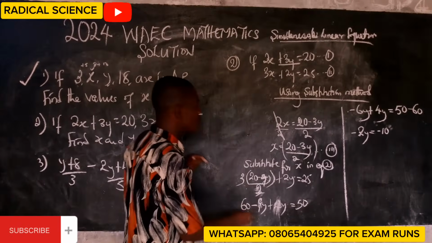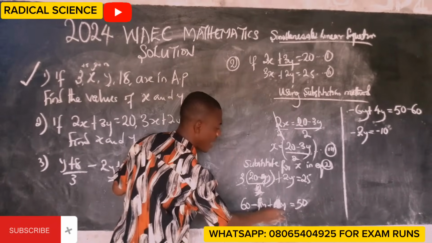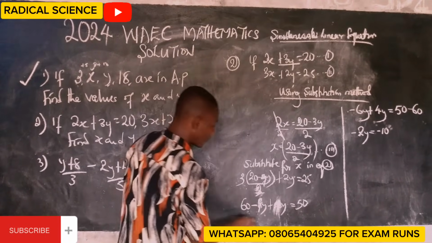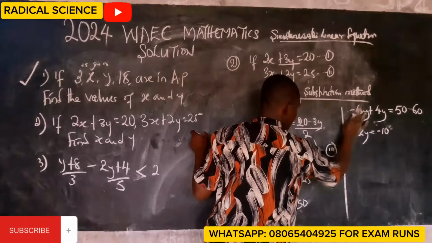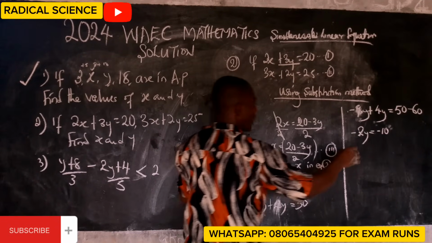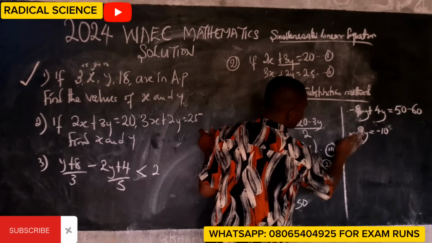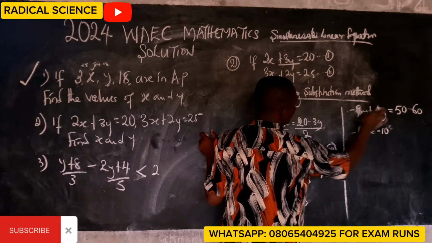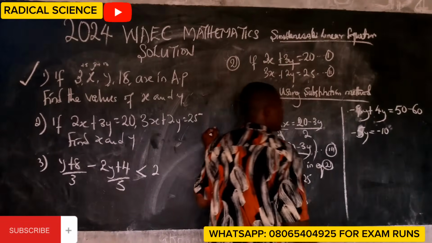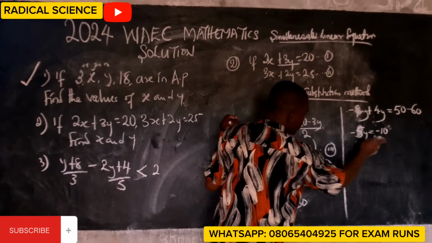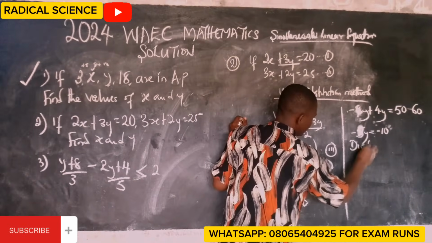Now, having noted this, we collect like terms. Like terms are this and this, this and this. Remember, I said this is 9y. 9y minus 9y plus 4y. Minus 9 plus 4 is minus 5. Now, minus 5y equals minus 10. Divide both sides